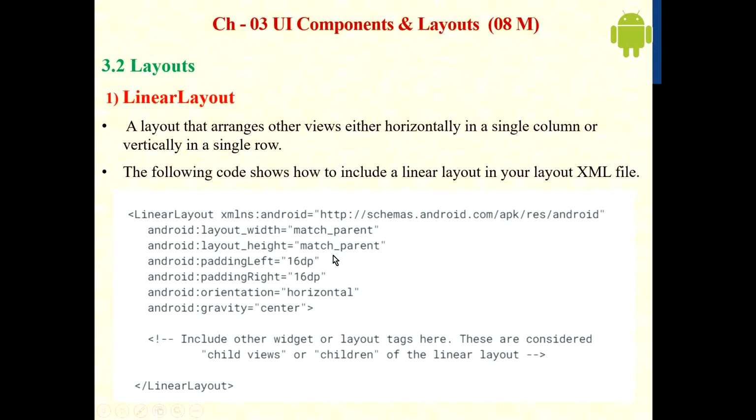Okay, then height also match_parent. Then paddingLeft 16dp. Okay, paddingRight 16dp. Here orientation is horizontal. Okay, we can take vertical also. Gravity center. Here we write the component code, that is, the components we create in our layout manager are written here. And last, close the linear layout. Okay, so this is simple code.